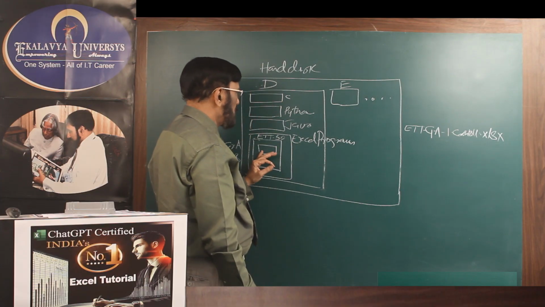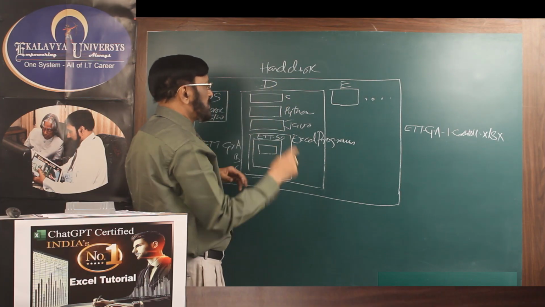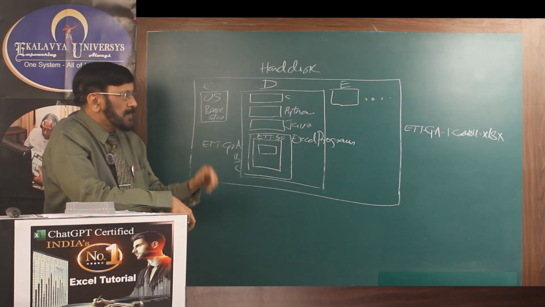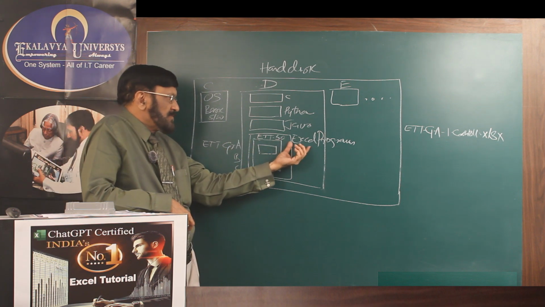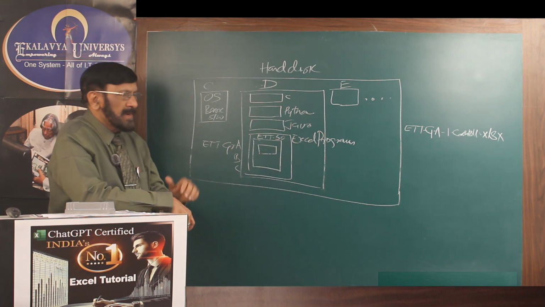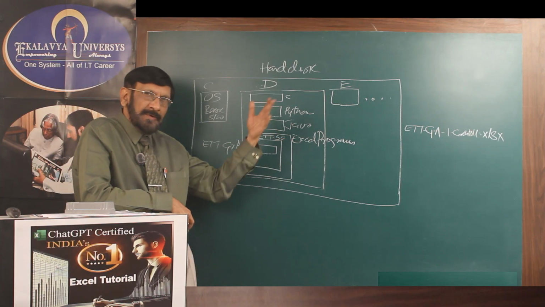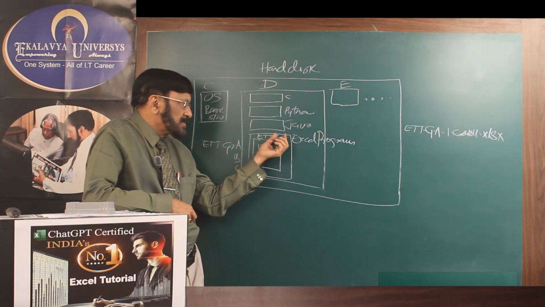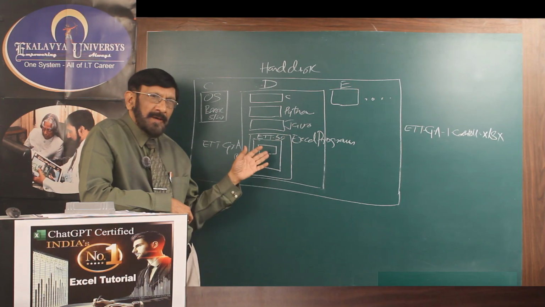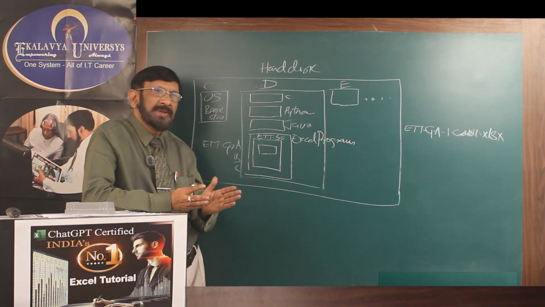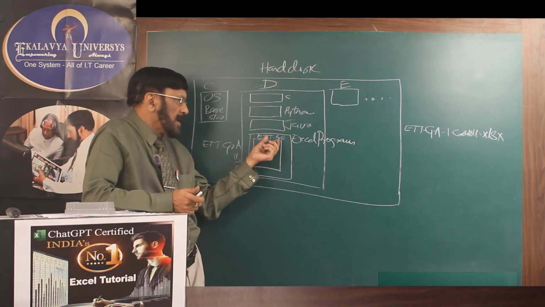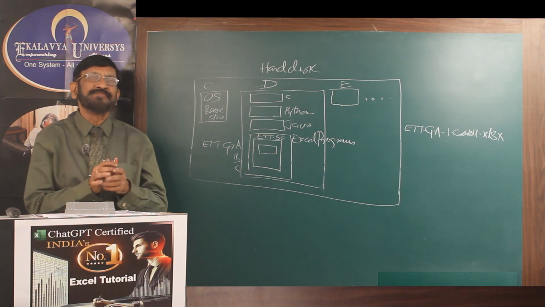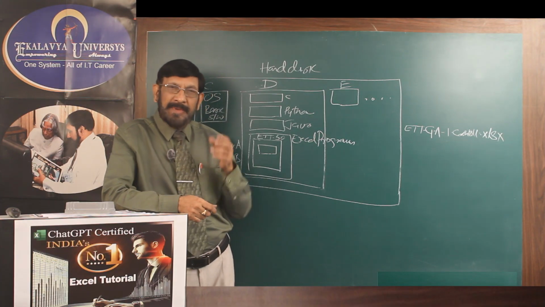In this manner, if you give, then this is the D drive. In the D drive, several folders are there, related to different programming languages. Thereafter, as far as Excel programs are concerned, one is created. In that, different groups are there. One of the groups is ETT 50. This is the Excel Tools and Tricks 50 blog. In that, I am giving 50 programs. For the sake of convenience and integrity, I made 10 groups and named them A, B, C, D. This is the way. Whatever you are doing, you should know that.